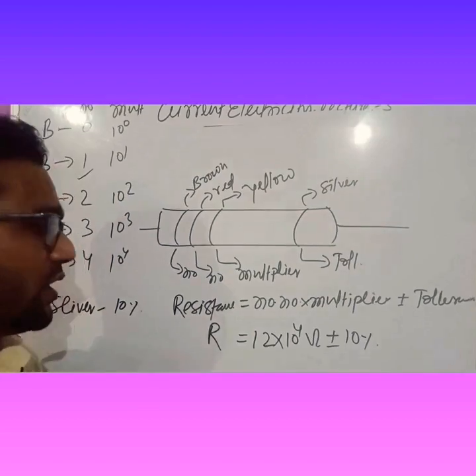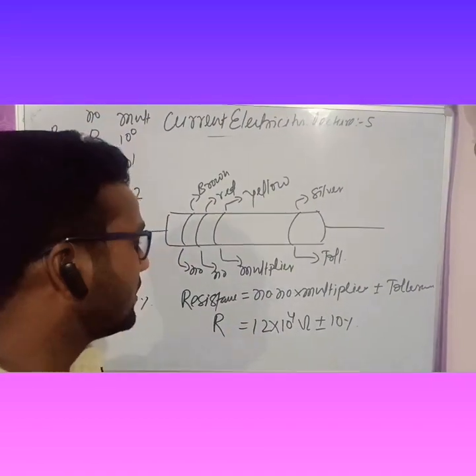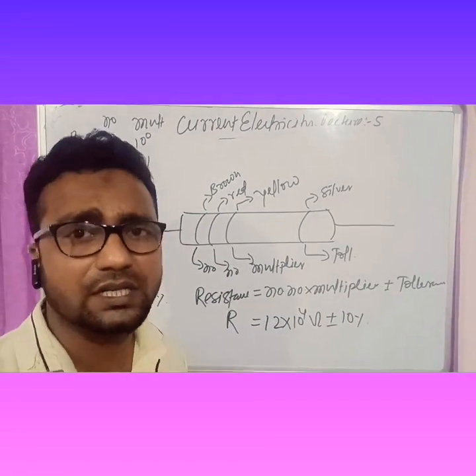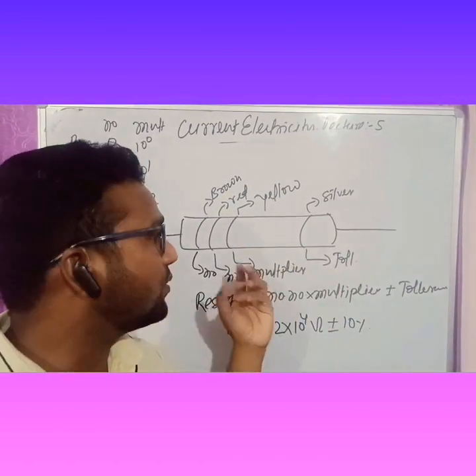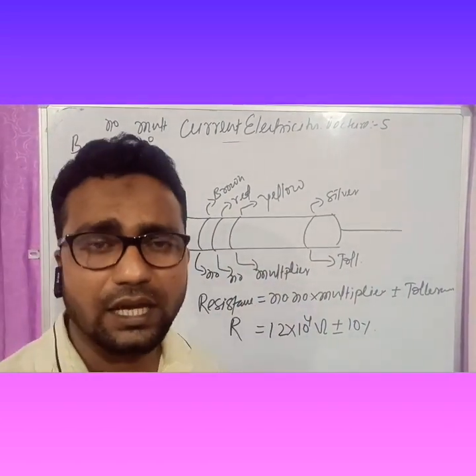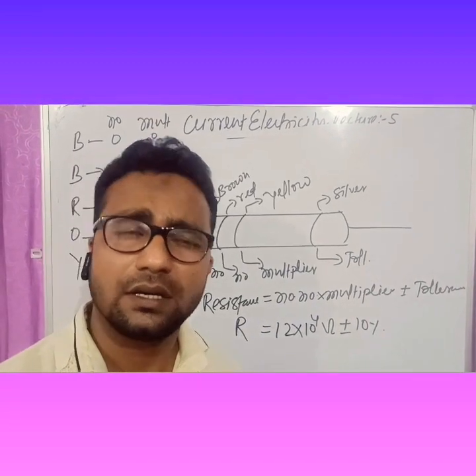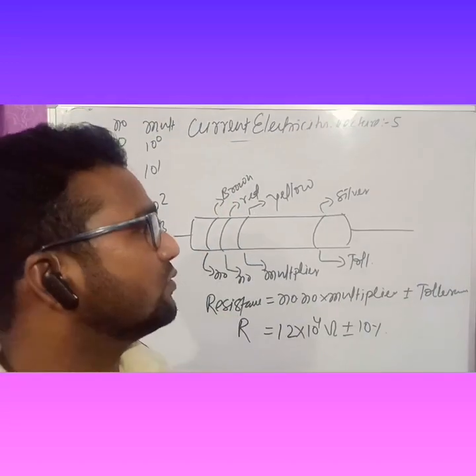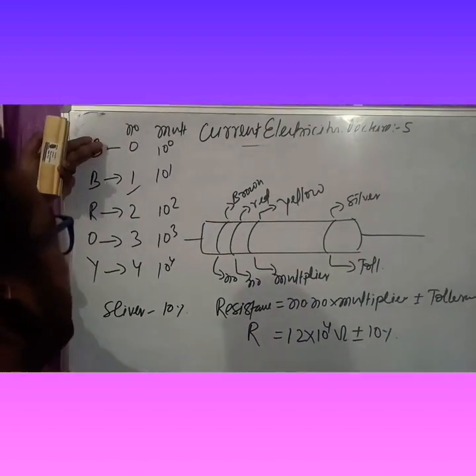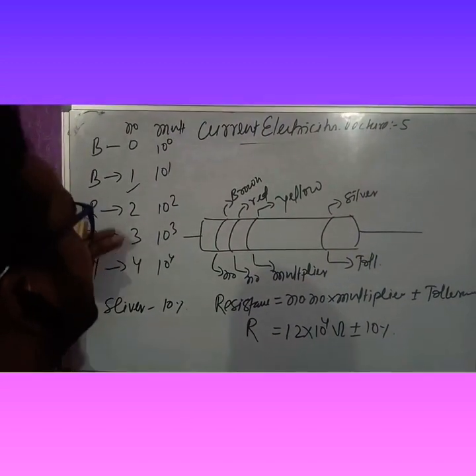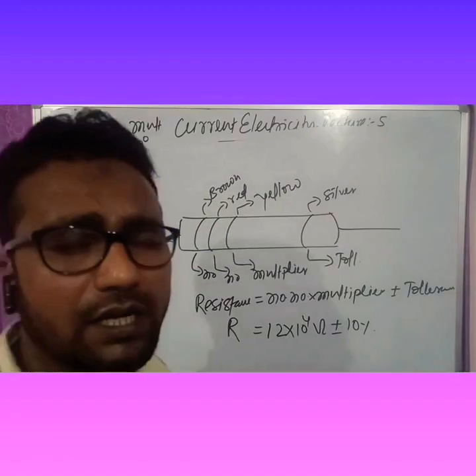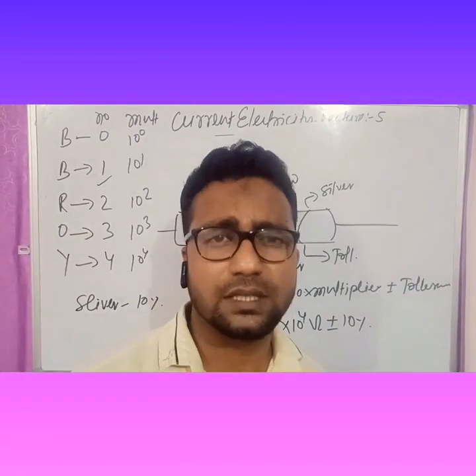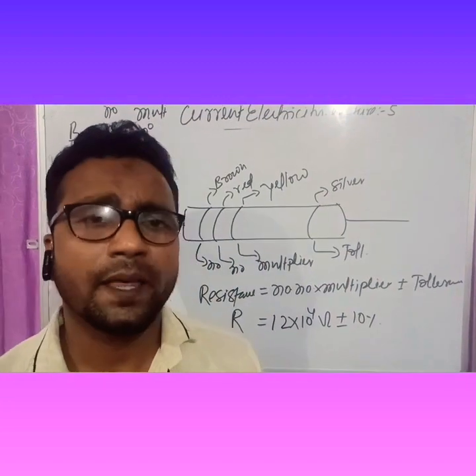So in this way we can write the value of a carbon resistor on the basis of the color coding printed on it, and it is very simple. We can write any value if we know the numbers and multipliers of the different colors and the tolerance. It is very simple.